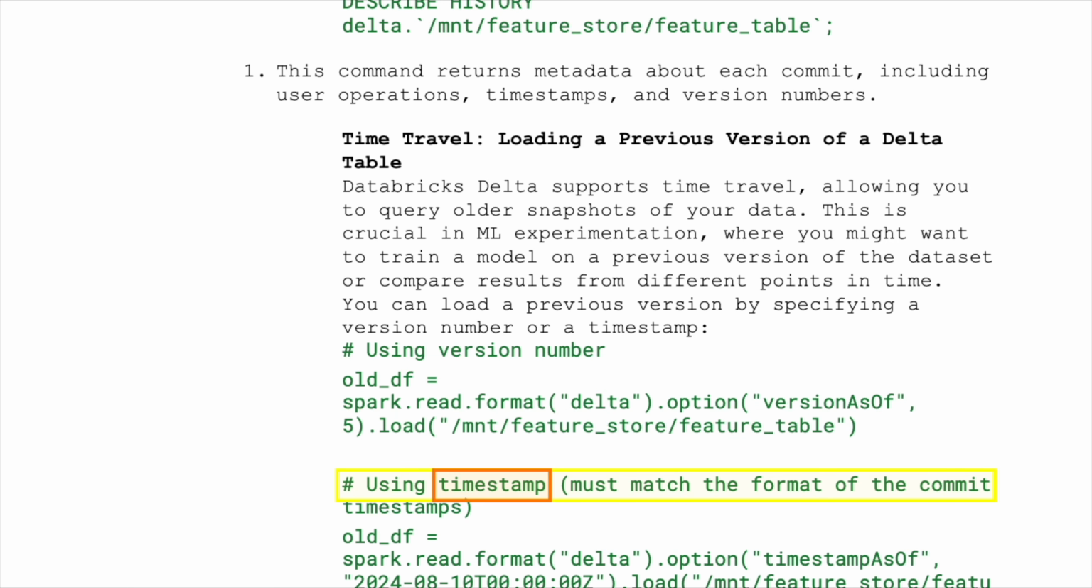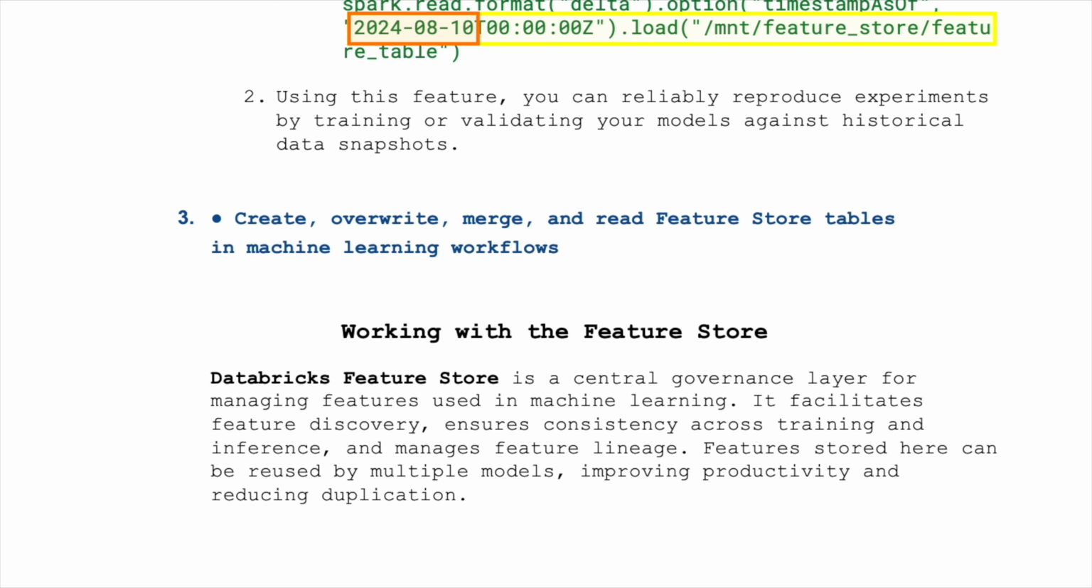# using timestamp, must match the format of the commit timestamps: old_df = spark.read.format("delta").option("timestampAsOf", "2024-08-10T00:00:00")